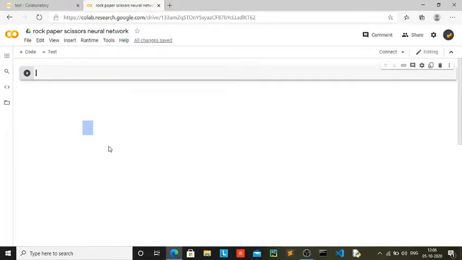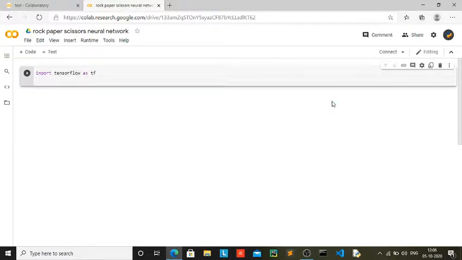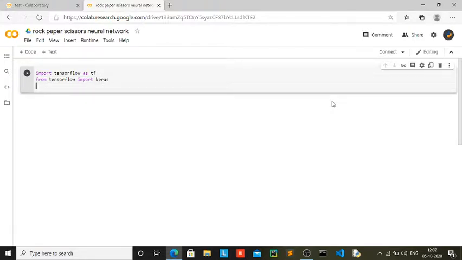Loading it in will be a bit more difficult than the Keras datasets, but it's going to be a bit easier. So let me get started. As I told you, I'm going to be working with a Google Collaboratory, and so I'm going to go ahead and import the modules first. I'm going to be importing TensorFlow as tf, and from the TensorFlow module, we are going to be importing Keras,